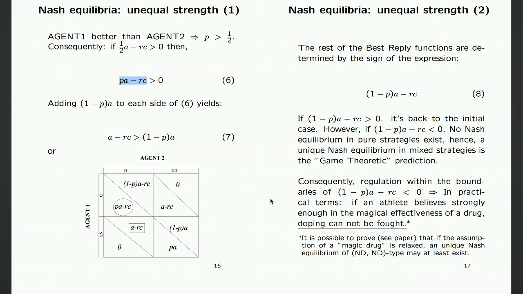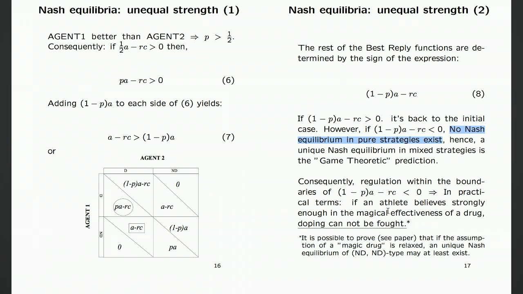Then you end up in a situation, as it says here, with no Nash equilibrium in pure strategies. Hence, a unique Nash equilibrium in mixed strategies is the game theoretic prediction. So what does that mean? That means that we don't know whether the agents actually take drugs or not. What we know is that they randomize on it. And of course, as it says here, consequently, regulation within the boundaries of this situation here is,